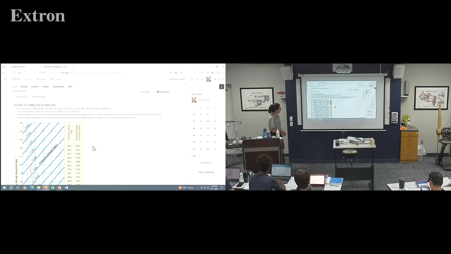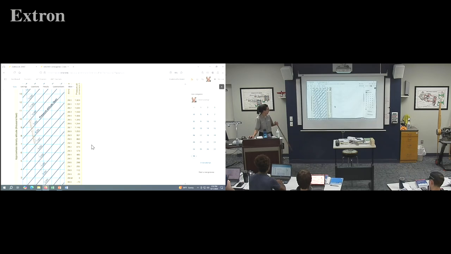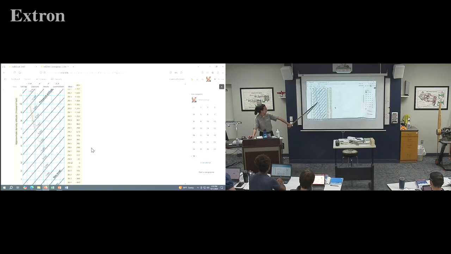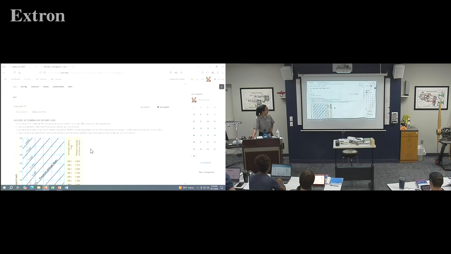And it says, use the altimeter, determine the pressure altitude, and record below. Call the county airport, and it gives you the number right there, so you can call that phone number and listen to what the temperature is. Because you'll use that temperature to come down here on the chart, find your temperature, and pay attention. Is it Celsius or Fahrenheit? And then come up here, find your pressure altitude, which, how